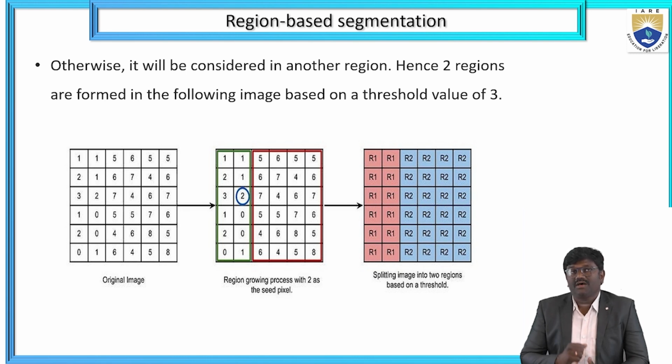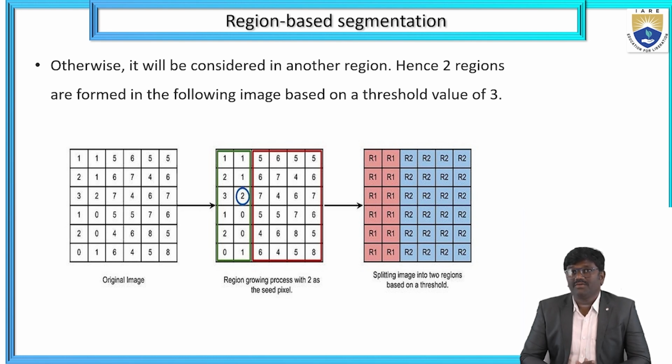Hence, two regions are formed in this following image based on the threshold value of 3. So let us take one image, which we call the original image of matrix values, in the form of pixel values, which we are concentrating on in terms of the region growing process